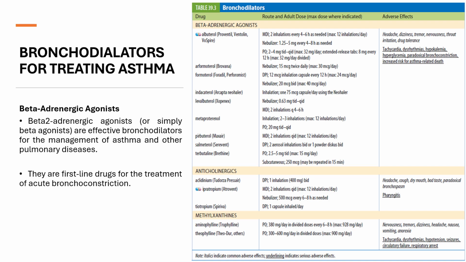Although the risk of asthma-related death is small, LABAs should be used only as adjunctive therapy for patients who cannot be adequately controlled with other medications such as inhaled corticosteroids, or for patients with severe asthma who clearly require two medications for disease management. They are not to be used as monotherapy for this disease.